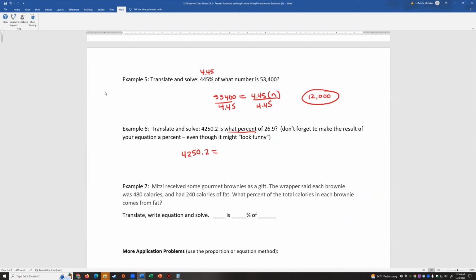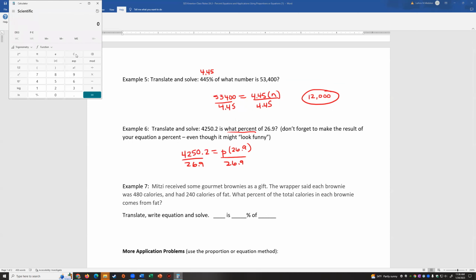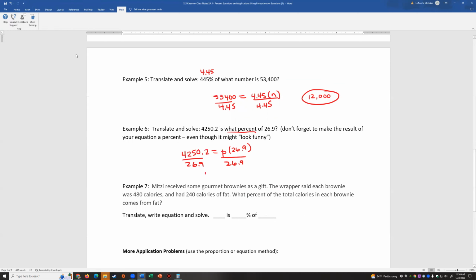So 4,250.2 is what percent of 26.9? I sometimes use P for percent, dividing by 26.9. And the reason people will get this one wrong is they think this is already a percentage, but we are in a percent equation form. And so therefore we have to remember to move our decimal 2 places to the right to turn it back into, so this is decimal form of our percent. So if we move it 2 places to the right, it's